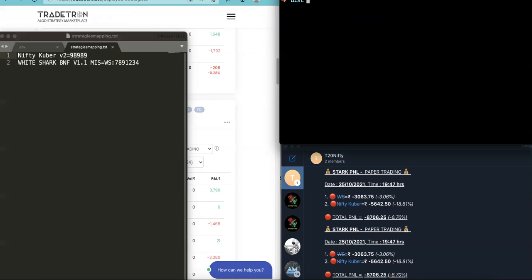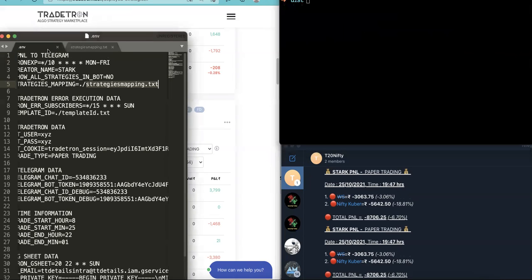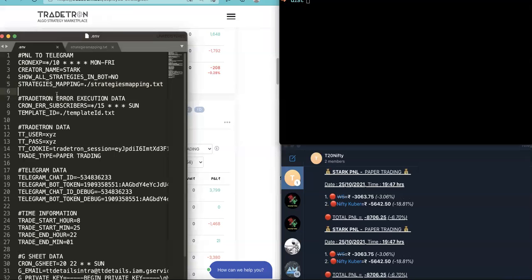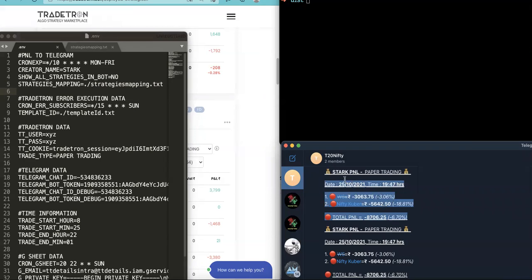Now this is about the two major things that I have added. There are a few things that I have removed. If you are using it from before also, the look of how this particular TTPNL is shown is different now.